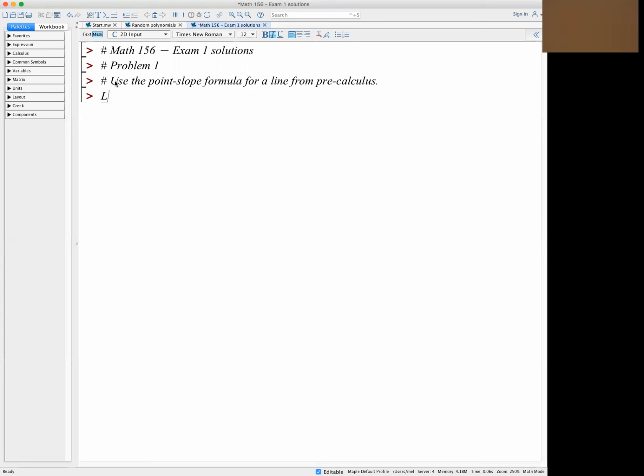And our line, I'll just call it line, is going to have slope minus 13 over 22 times x minus 8/5, that's the y coordinate of the point the line passes through, plus 9/4. So that's the line. And if we plot this line,